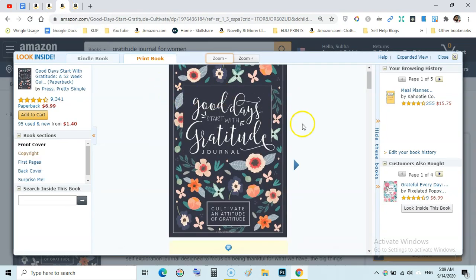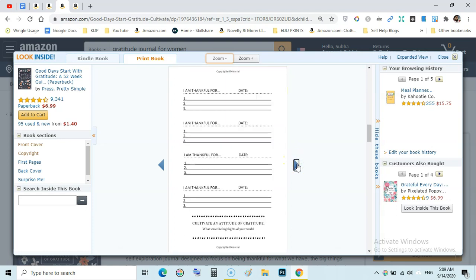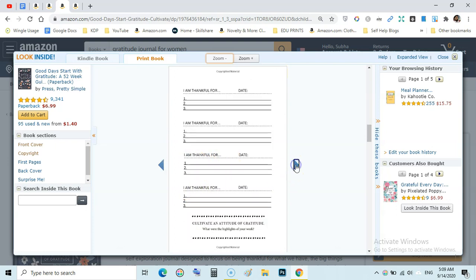The third one is a gratitude journal. You can have a look inside. This is not blank, it has text, and this is why it is known as a low content book. You can see here, I am thankful for, I am thankful for, I am thankful for, day, and next is this one, which is only I am thankful for, a simple gratitude journal. It also has quotes and text and a place for entering the date, and this is another example of low content books.